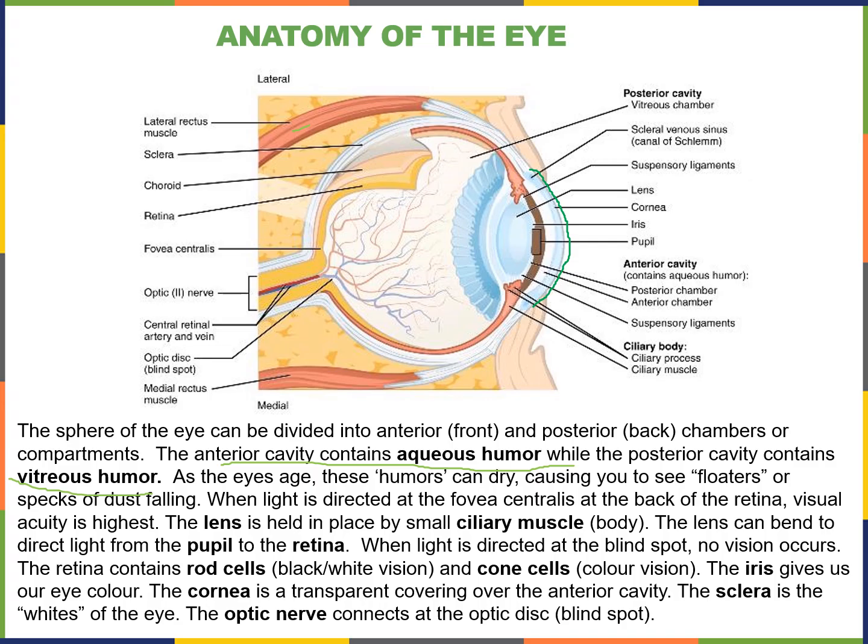The cornea would be the first structure you would list in terms of listing the path of light through the eye. The next one you want to list is the aqueous humor, this chamber here that has aqueous humor. And that aqueous humor is refreshed many times throughout the day, because there's a little canal here which you can't really see well, called the Canal of Schlemm, and that allows it to be